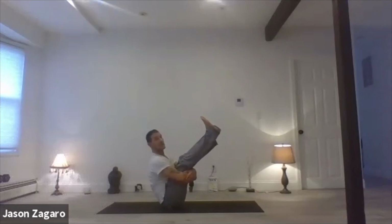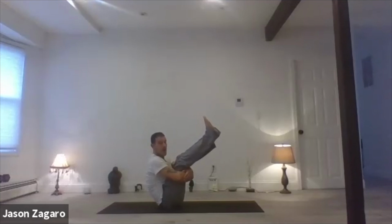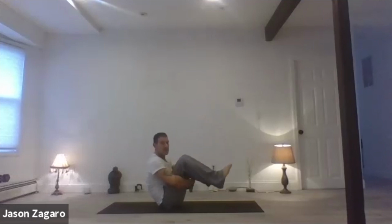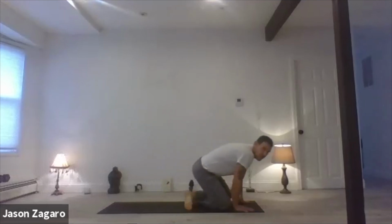Pull, lift. You could bring your forehead towards your shins if you're balanced. If you're not balanced, don't worry about it. I can bring my forehead towards the shins and try and come forward, see if you can touch. It's not easy to touch on that. You're going to have to breathe. One more. Good. Just bend your knees, cross your shins, come up to all fours,